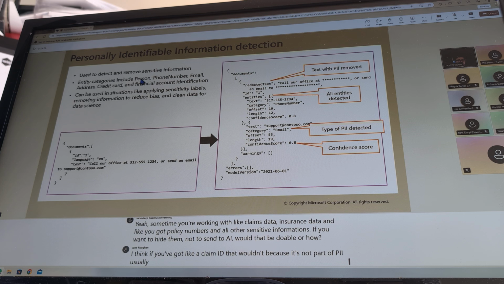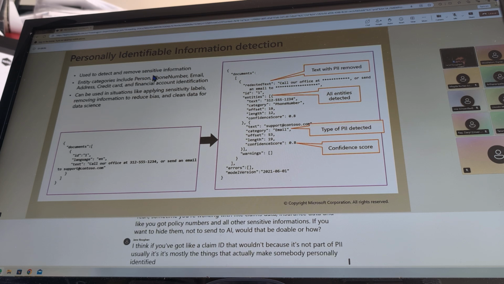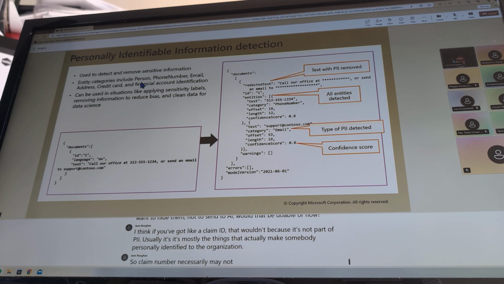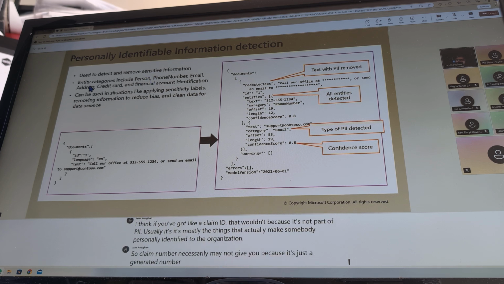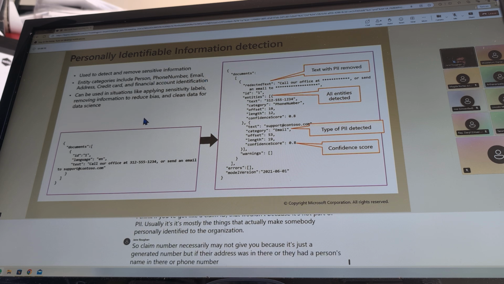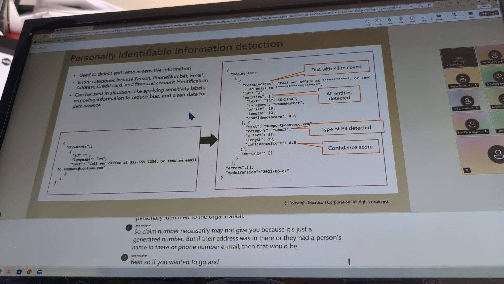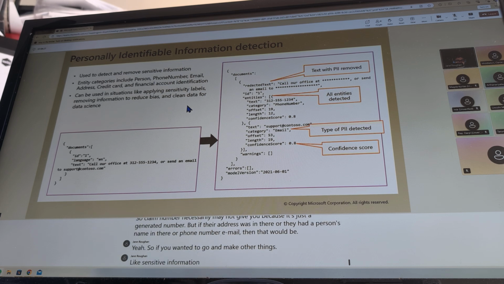It's mostly the things that actually make somebody personally identifiable. A claim number may not, because it's just a generated number. But if their address, a person's name, a phone number, or email was in there, then that would be. So if you wanted to make other things sensitive information, you'd have to